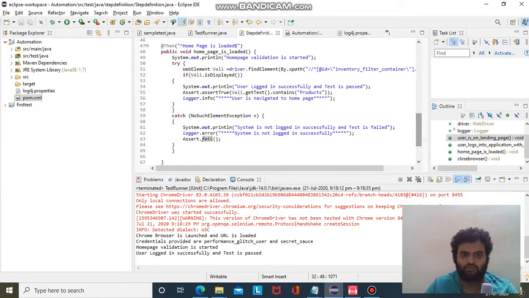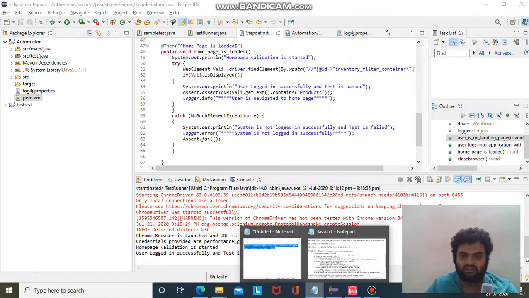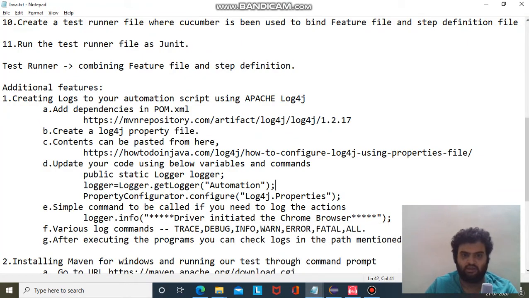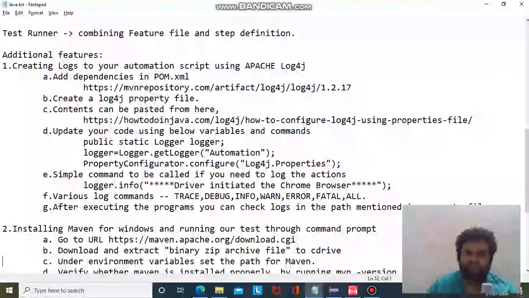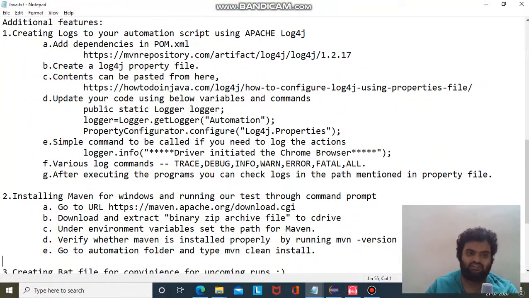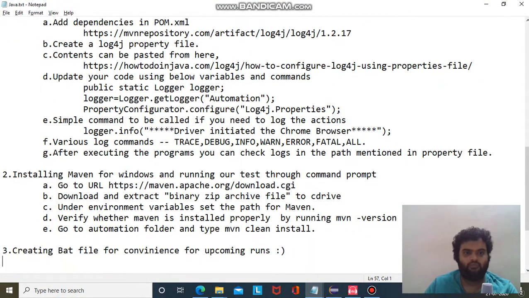That's it from a logs perspective. There are many commands out there: you can trace, debug, info, warn, or error, whichever log level you need to select. In case you want to track some error, you can use logger.error instead of info.